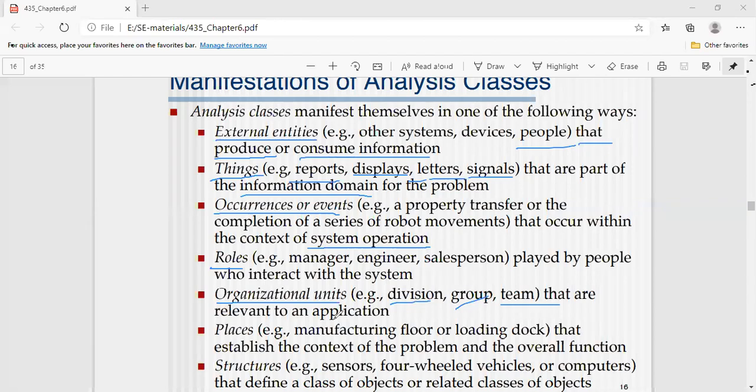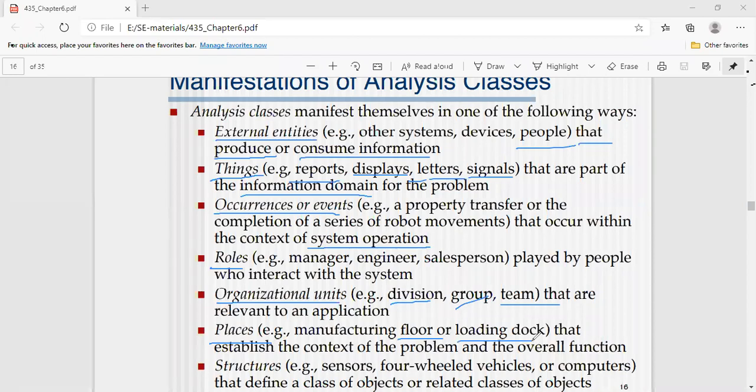For which domain or for which purpose we are going to develop and apply these particular classes, right? That is about organizational units. Next, places in the sense it's a manufacturing floor or it's a loading dock.